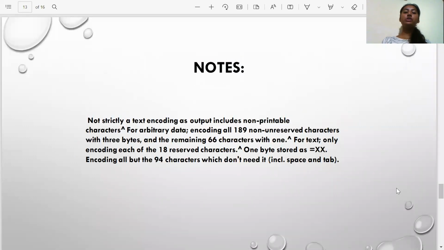Note: not strictly a text encoding as output includes non-printable characters for arbitrary data. Encoding all 189 non-undecided characters with 3 bytes and these remaining 66 characters with 1. For text, only encoding each of the received characters, one byte stored as equals XX, encoding all but the 94 characters which do the